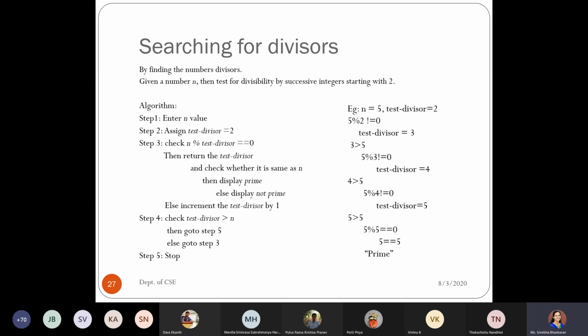So if my n is 5, it was almost n minus 1 times we were checking the modulo operator as well as the greater than condition. So it was repeated. It is almost theta of n itself. That means the running time depends on the n value itself, right? So instead of this, can't I stop it before itself?